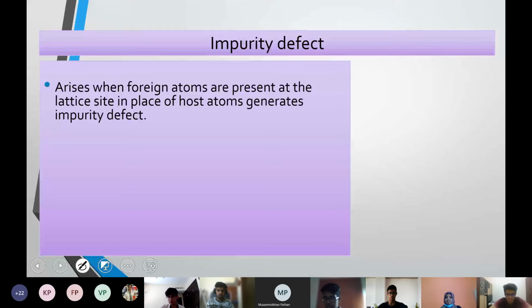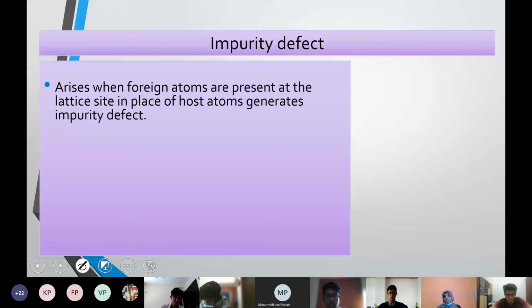Impurity is any foreign or different substance present within the solid. Any kind of atom or particle, ions or whatever it is, any type of particle which is a foreign substance to the existing material, or you can say an unwanted particle present in a substance. That is what an impurity is. As the word indicates, impurity is something which is not a particle present in that particular crystal or the system.